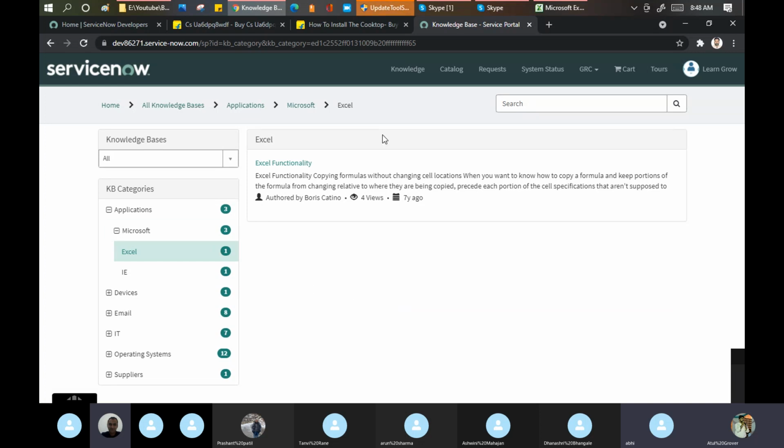This is a question asked in the interview or in the exam as well, if you go for the certification exam: if you are logging into the service portal as an end user, what items will be available for you, what modules will be available for you.